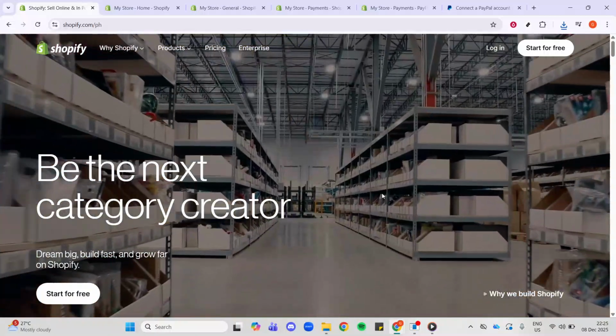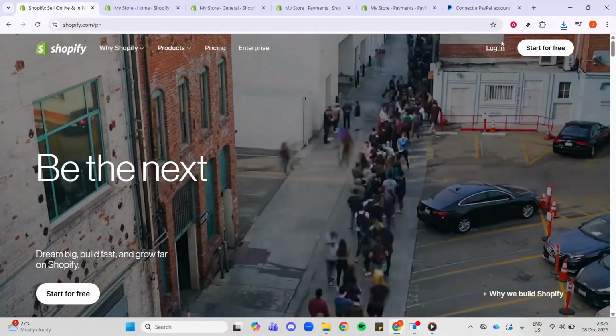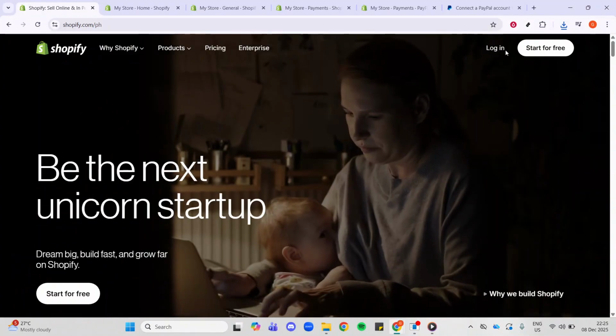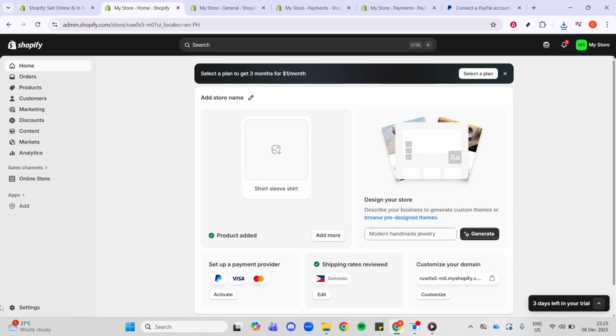In today's video, I'm going to teach you how to connect PayPal to Shopify. By the end, you'll have PayPal linked to your store so customers can check out quickly and securely. Make sure you have access to your Shopify admin and your PayPal login ready. It also helps to know which PayPal account you want to use for receiving payments, especially if you manage more